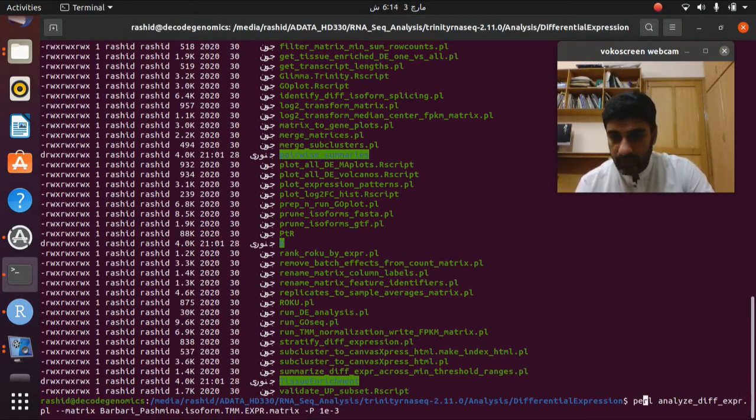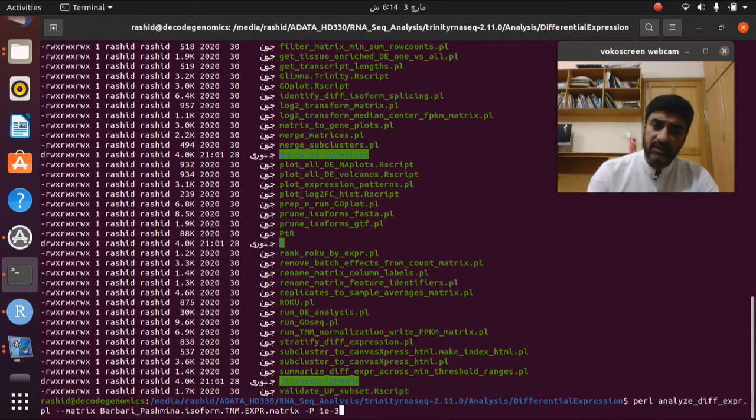This is a Perl command, a Perl script that is present in our property folder. Then --matrix, the isoform TMM matrix, this is the input file, and then we are giving the p value. We will just press enter, and this command will automatically start, and I have already run this command.